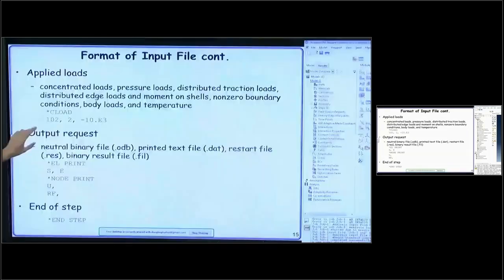This is how you define the load, concentrated load applied at node 102. 2 means in y direction, negative 10,000. Negative, so it's downward. The force is applied downward. And our request,